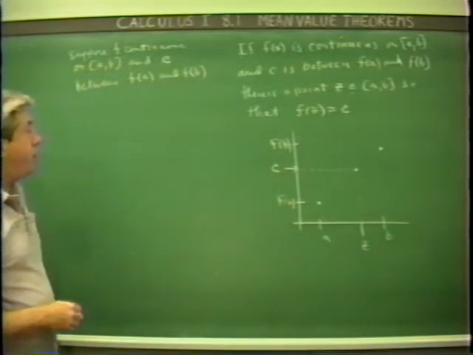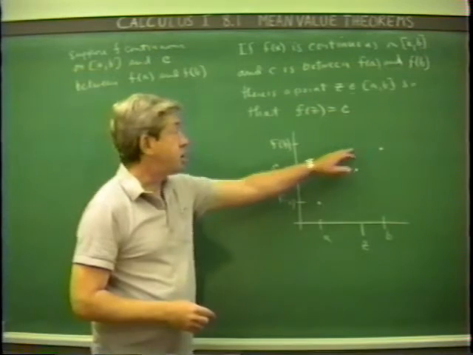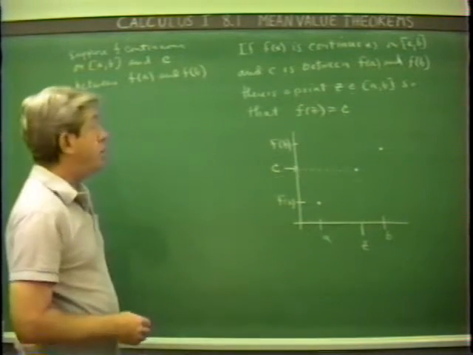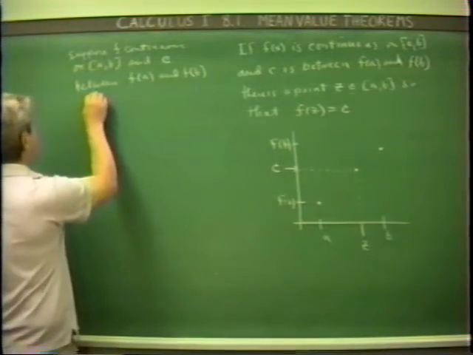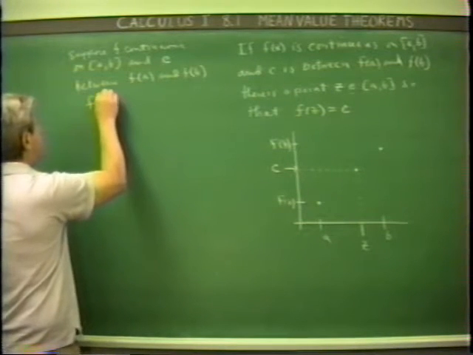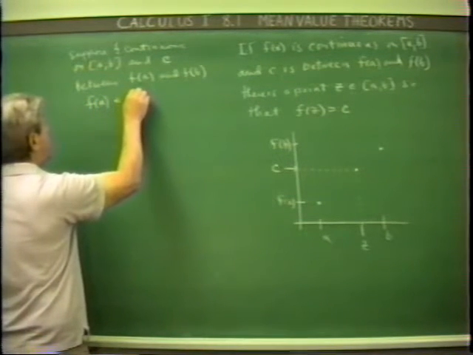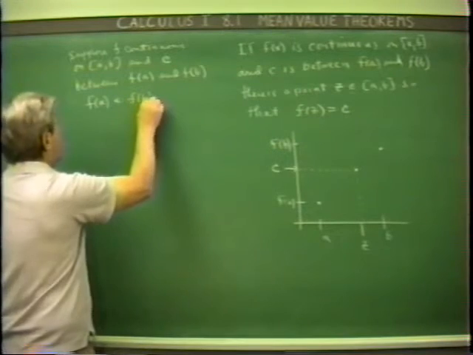Without any real loss, we're going to suppose that f of a is smaller than f of b. The other situation is similar. So let's suppose that f of a is less than f of b, and let